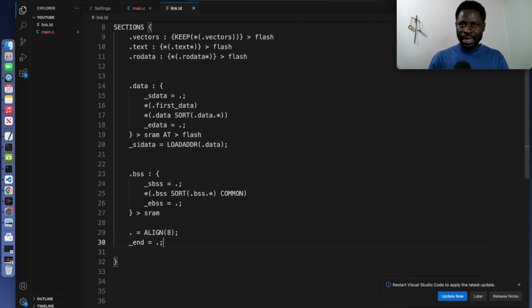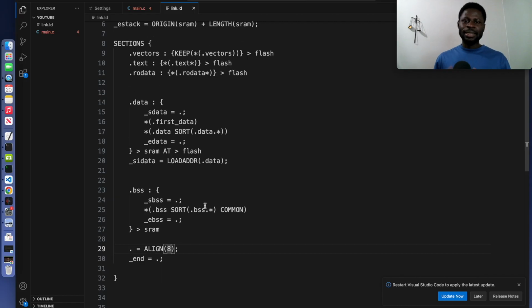We said that microcontrollers come in different architectures. So basically, the linker script will organize your program in a way that matches the memory layout of your microcontroller. It places the code and constant data in flash. It initializes the variables in the SRAM, and it will set up the stack at the top of the SRAM. By understanding this, you can customize your linker script to fit your specific application needs, such as adding custom sections